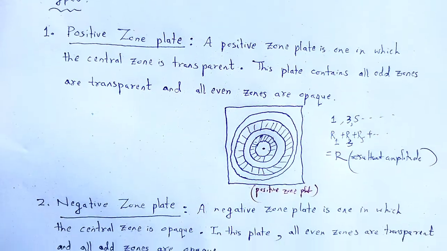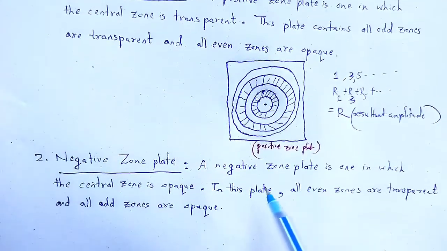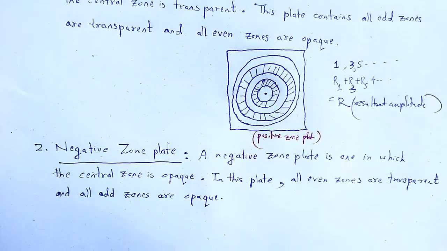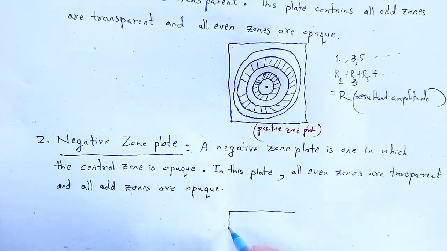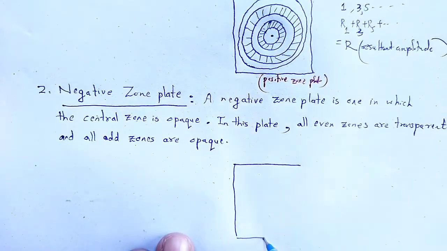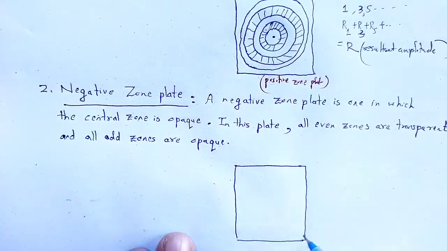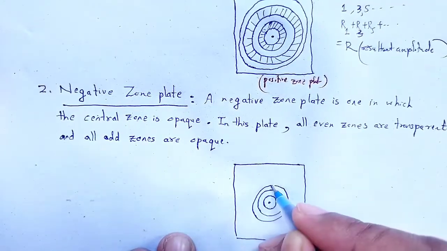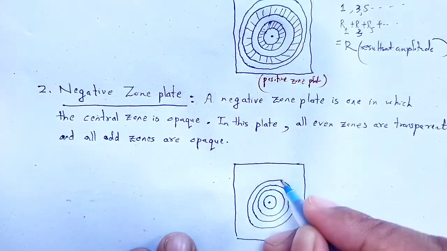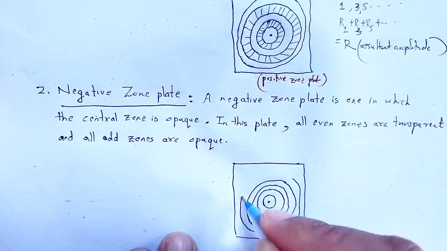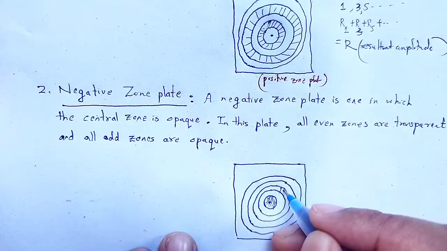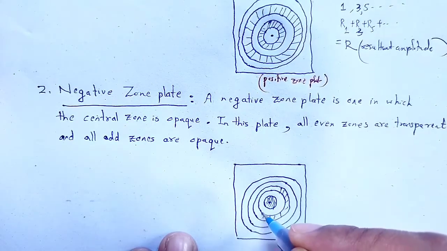Similarly, we construct the negative zone plate. A negative zone plate is one in which the central zone is opaque. In this plate all even zones are transparent and all odd zones are opaque. Let me construct. Here we consider a glass plate and draw the concentric circles having radii which satisfy Fresnel's half period zone condition, with the central one opaque, and alternately transparent and opaque